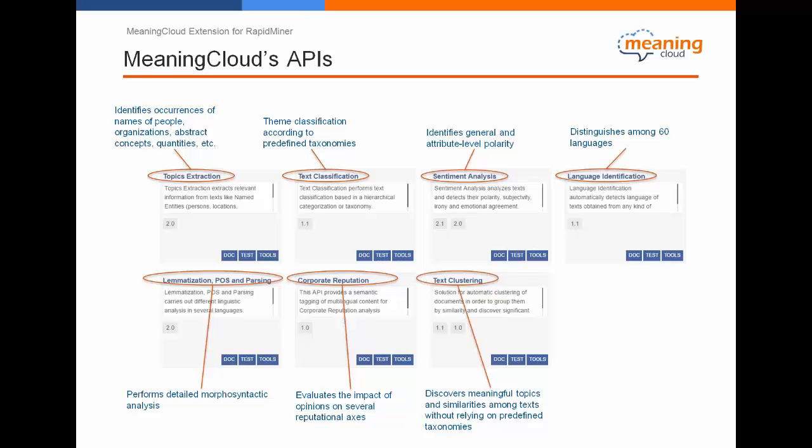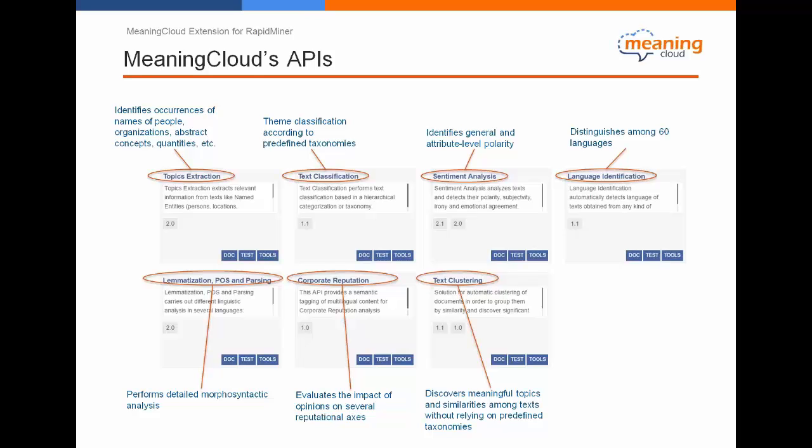You have sentiment analysis that identifies the general polarity of the document and also an attribute level polarity of the different entities and concepts that are found in the text.